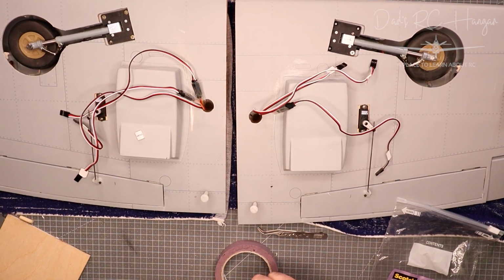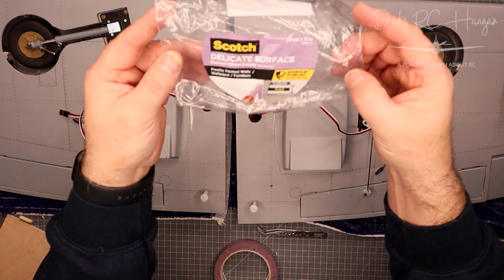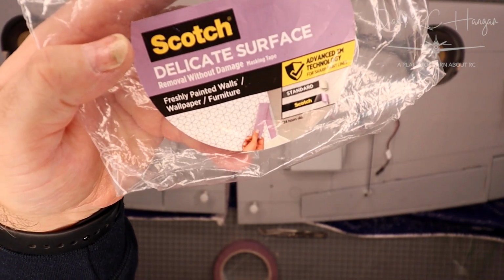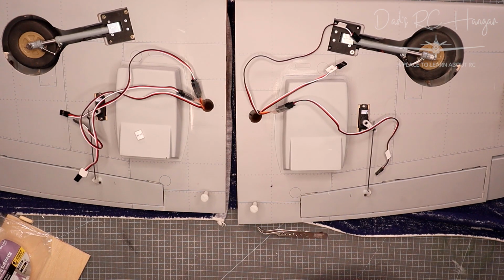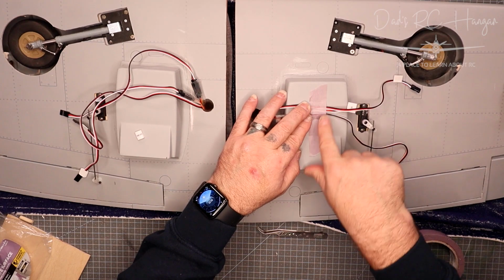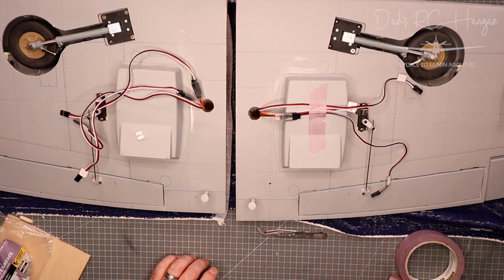So all you do with these, I've got this tape, it's quite good. It's delicate surface tape from Scotch, if you can see that. It's a bit bright actually, but if I come up real close, there we go. That's the money shot. Scotch delicate surface. I use this on foam planes because it's about the only tape that I know that doesn't pull off the paint. Really cool stuff. If you leave it on long, then it might. But just stick these so they're out of the way. So I'll just stick it on there, so if there's any paint to pull off, it's not going to pull off. Now I'm going to get...